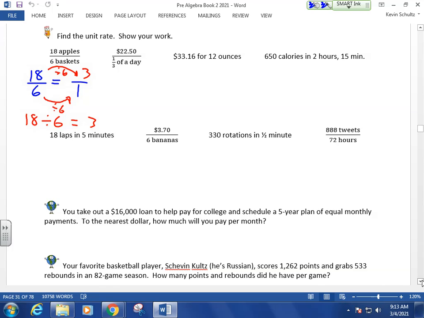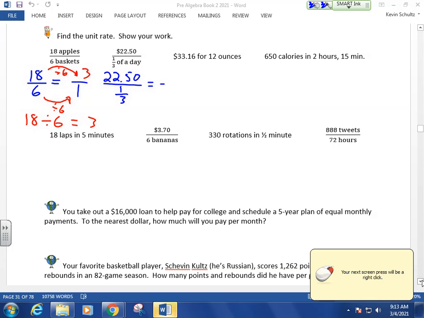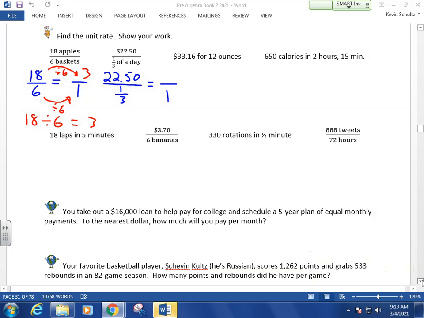Exactly. Okay, we can set that up as a, my decimal point's kind of high there. We can set this up as a fraction like we've done in the other ones. 2250 in a third of a day is how much in 1 day? And in this case, to get from 1/3 to 1, we're multiplying by 3 because 3/3 make a whole. And as Leah said, we do the same thing up here, multiply 2250 by 3, and we get the answer